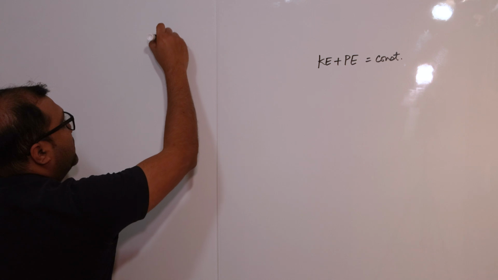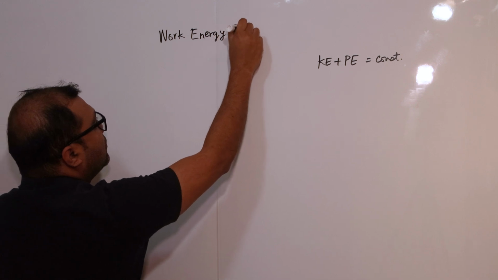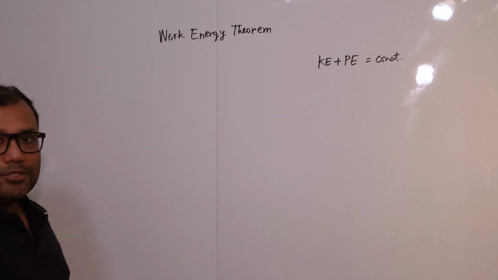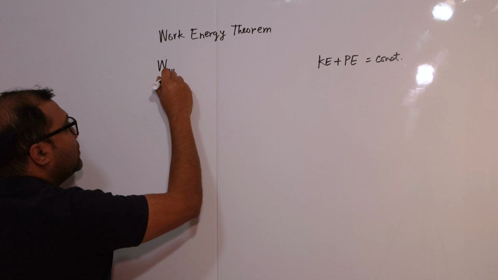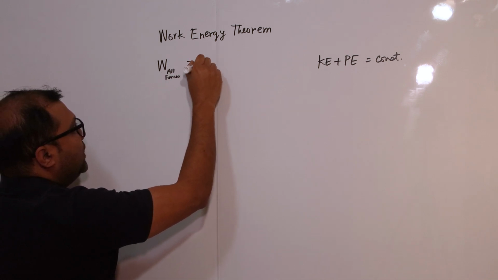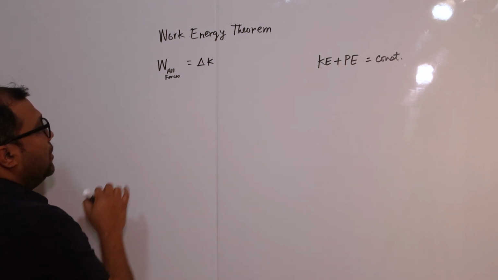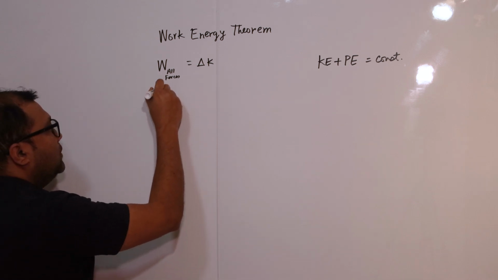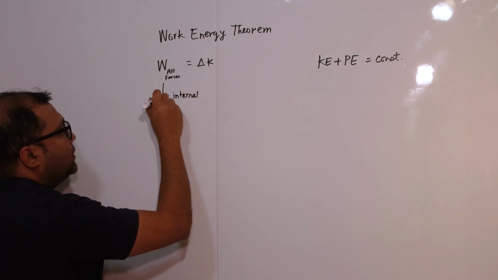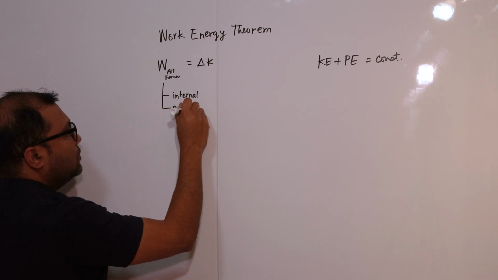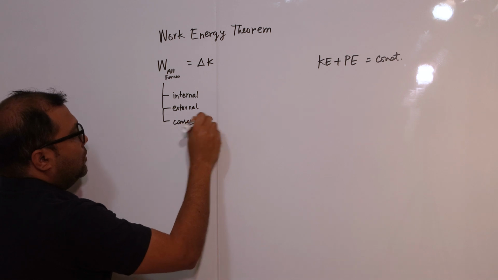We had talked about the work energy theorem. What does the work energy theorem say? Work energy theorem says work done by all forces is equal to the change in kinetic energy of the body. Now remember, this is work done by all forces. So what does all forces comprise of? This really is all forces, all internal forces, all external forces, whether it's conservative force, non-conservative force,